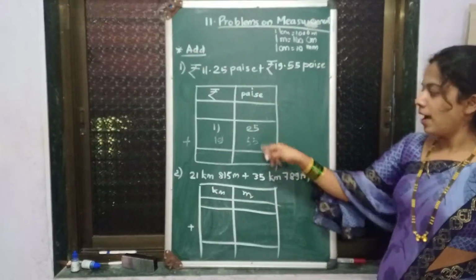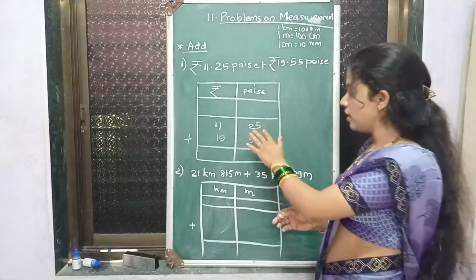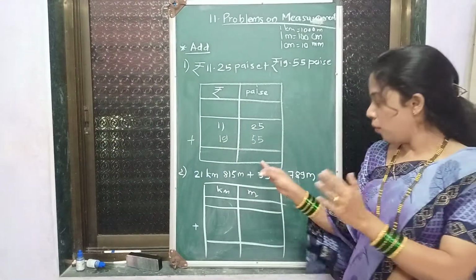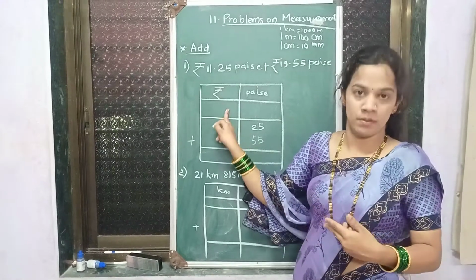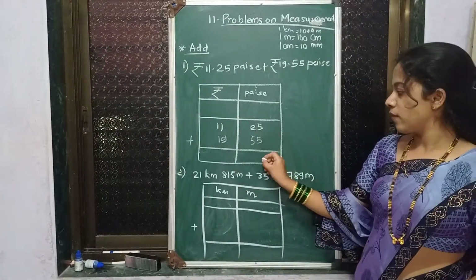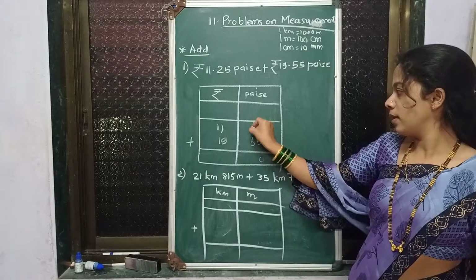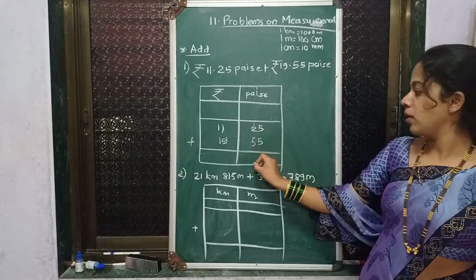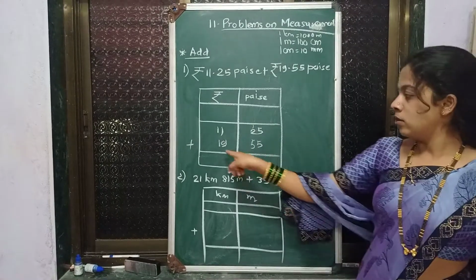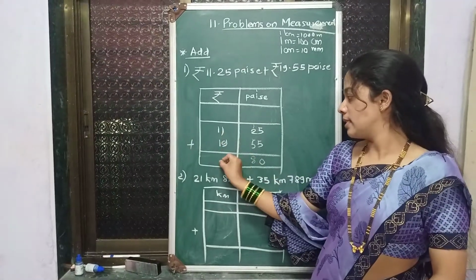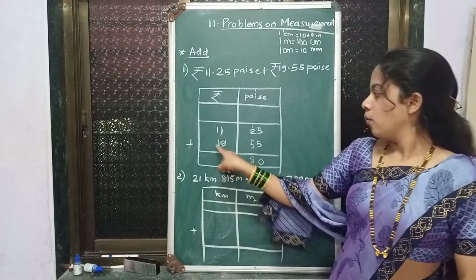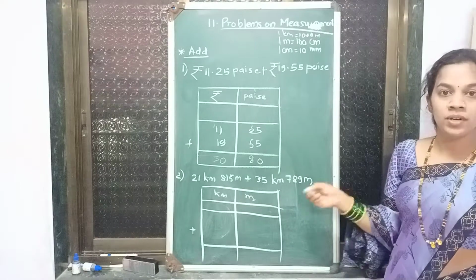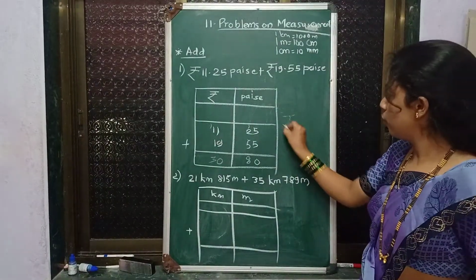Okay, so now we are going to do the addition in a simple way. Only this addition is supposed to be written over here and this addition is supposed to be written over here. Don't take the carry forward over here. So 5 plus 5 is 10. 5 plus 2 is 7. 7 plus 1 is 8. Here 9 plus 1 is 10. 1 plus 1 plus 1 is 3. That is 30 and 80. So what is 30? The answer is rupees 30.